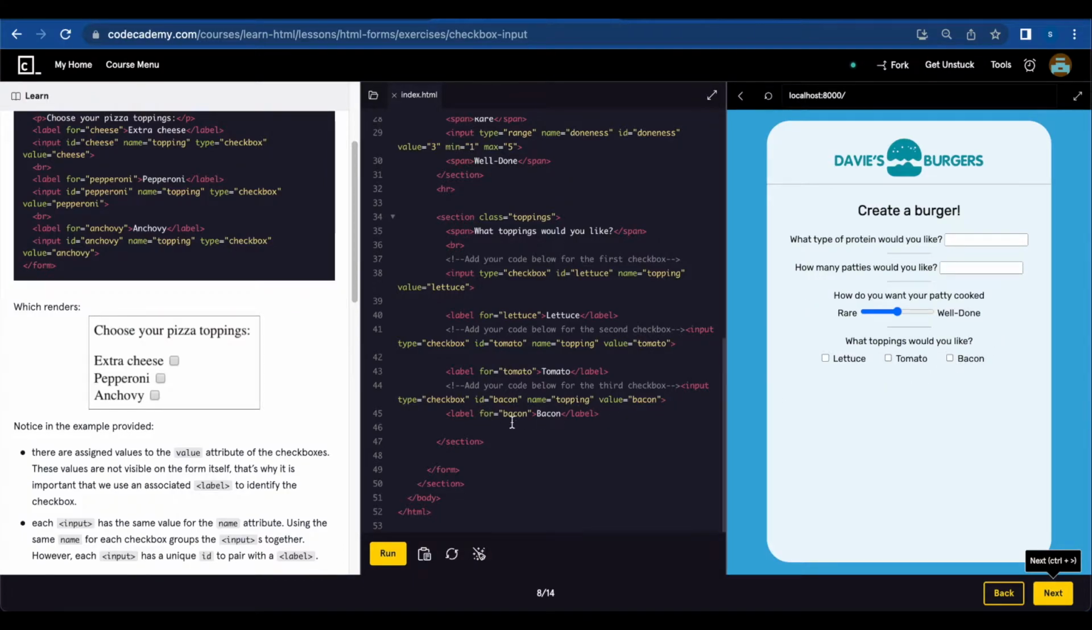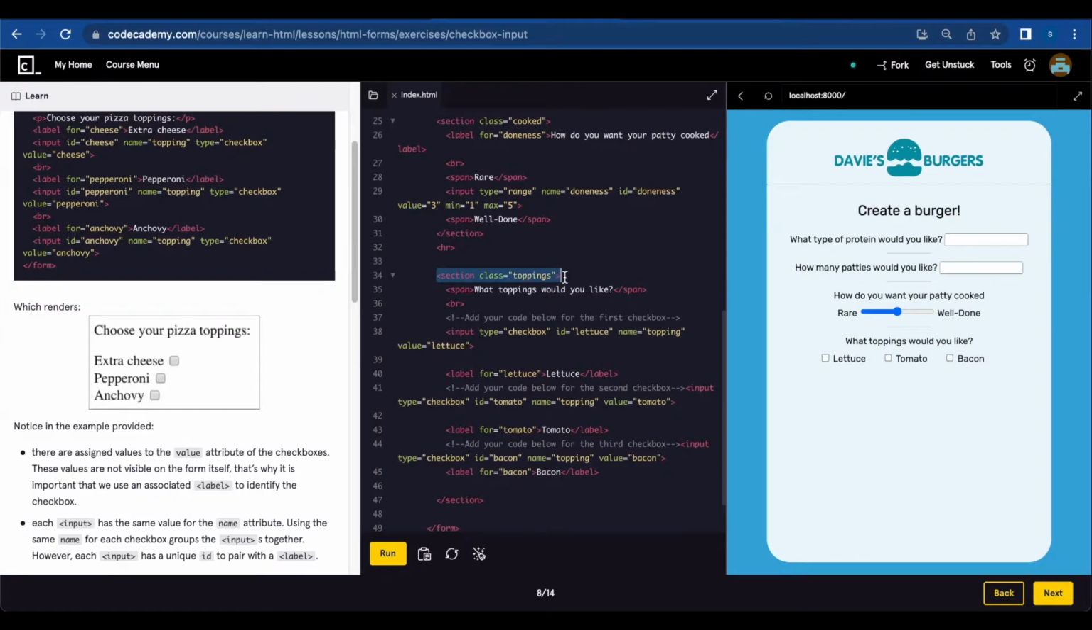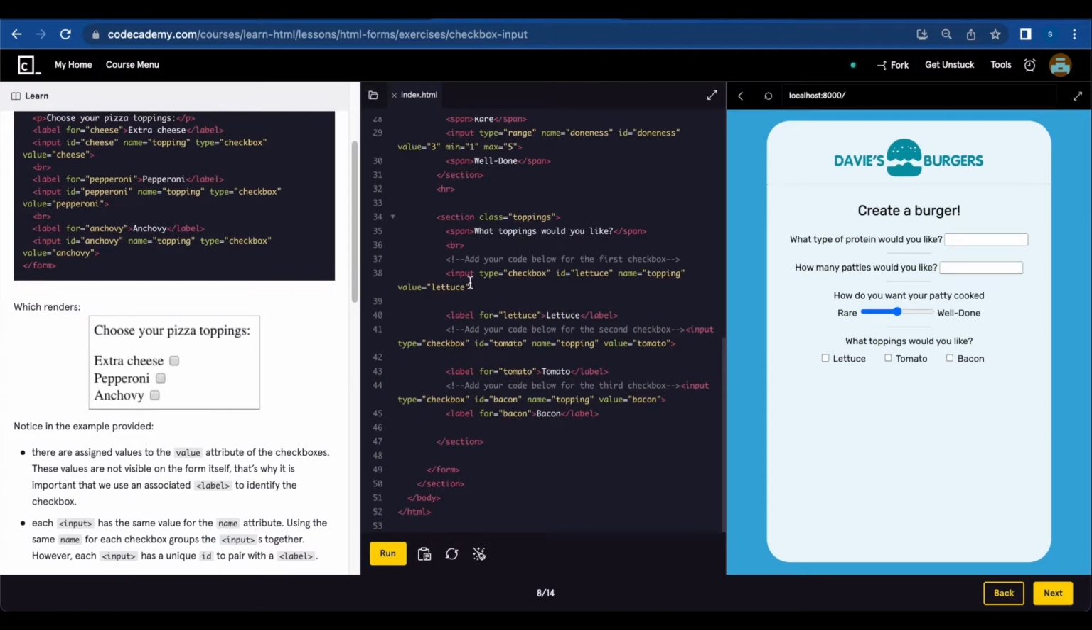ID in this case is bacon. Name topping. Value bacon. Here we have a section with the toppings class. Span: what toppings would you like? Break. And we're going to add input type